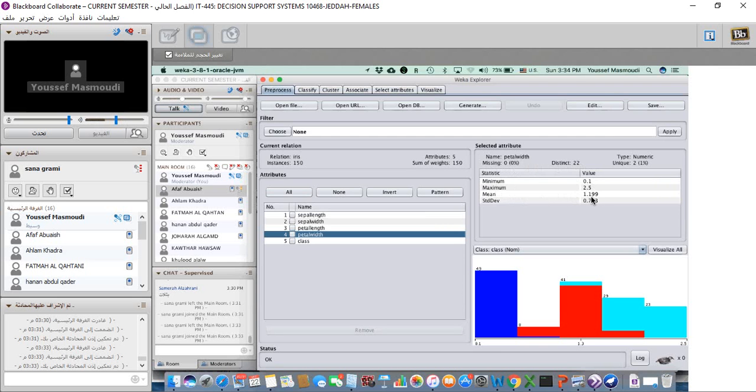Okay, and if I click on petal width, for example, I will find here 22 distinct values. Missing, there is no missing values, and the minimum value is 0.1, the maximum value is 2.5, the mean is 1.19, and the standard deviation is 0.76. So you have several informations regarding your data, and here you can see that 49 of